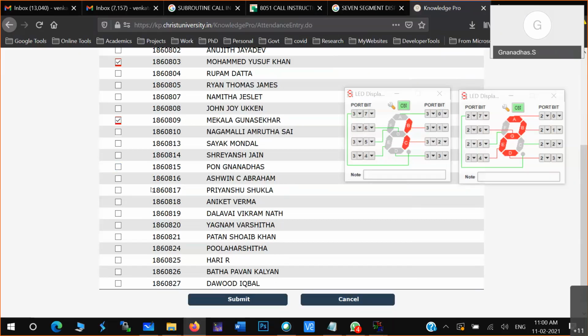Ashwin, Priyanshu, Aniket, Vikram, Varshita, Shoaib.